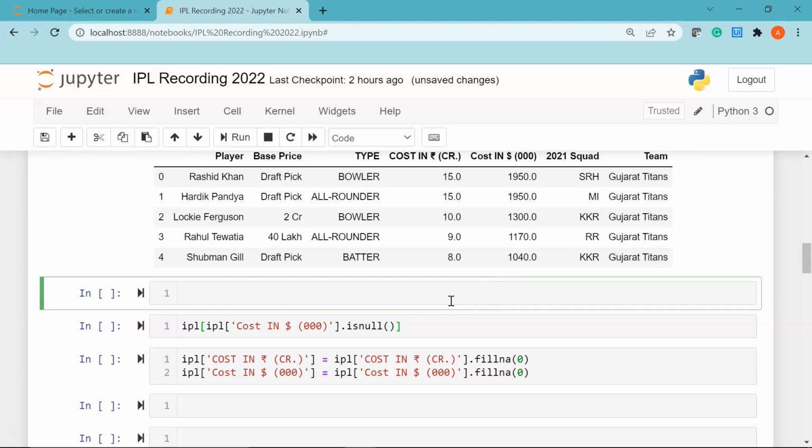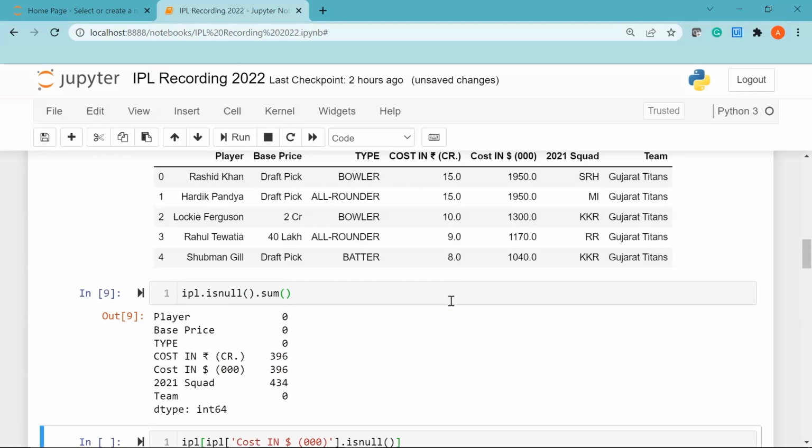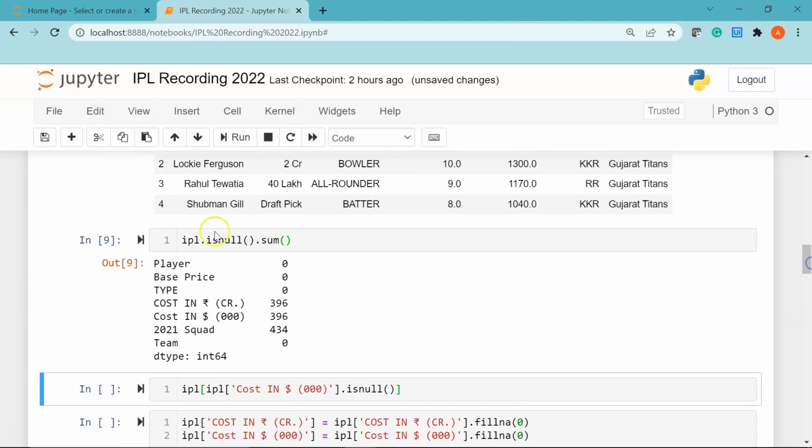let's see the total number of null values that are present in each column of the dataset. So I'll say IPL dot, I'm going to use the isnull function followed by the sum function. If I run this, you can see here the player column doesn't have any null values. Similarly, base price and type columns also don't have any null values, but you can see cost in rupees and cost in dollars have nearly 396